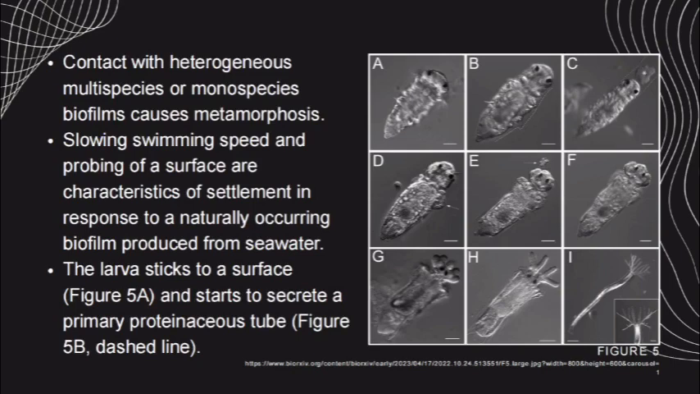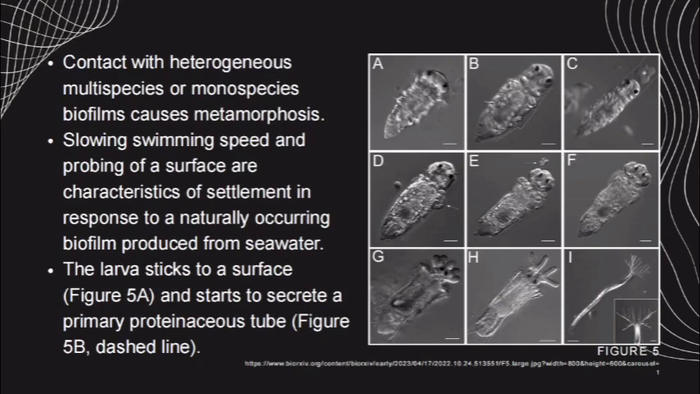The larva makes brief, reversible contact with the settlement surface while investigating it, giving the impression that it is crawling along it while wriggling or flexing its body by contracting the muscles along the body wall before returning to a leisurely swimming speed. Slowing swimming speed and probing of a surface are characteristics of settlement in response to a naturally occurring biofilm produced